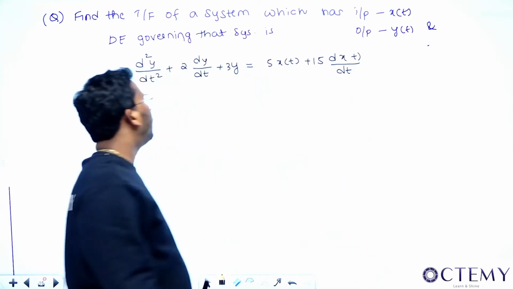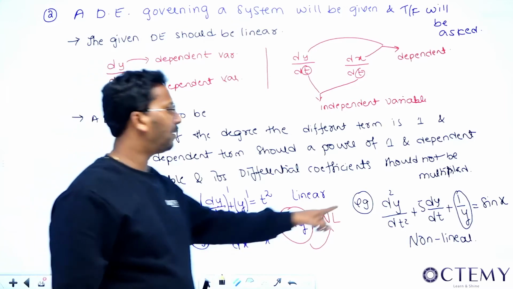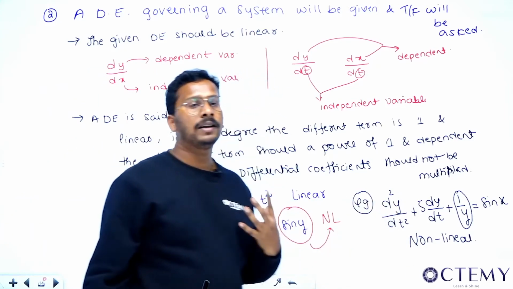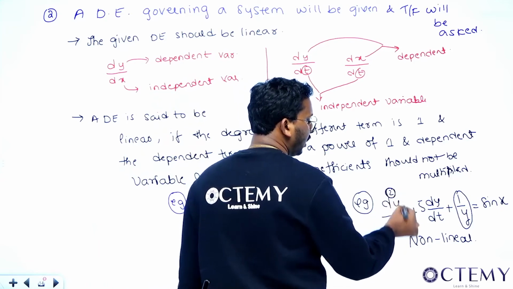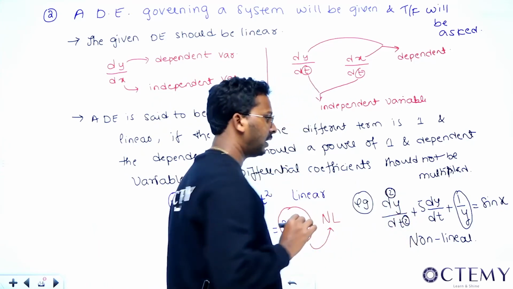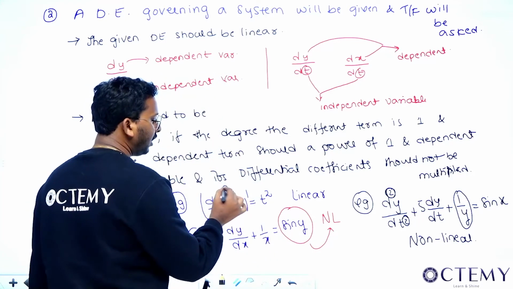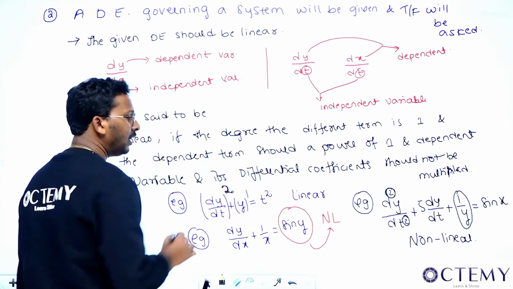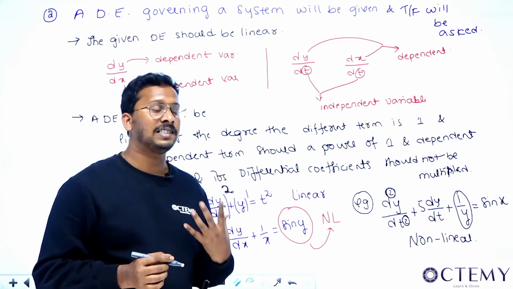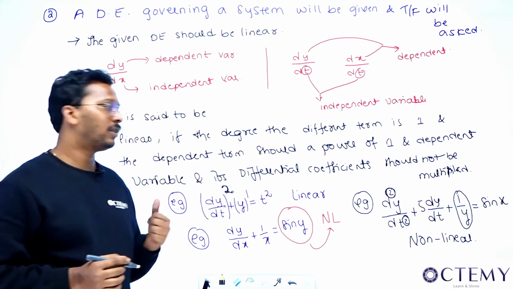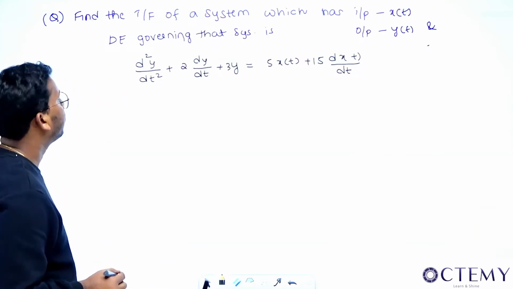Right? Here you might get a doubt, sir. Here you got d square by dt square. Is it not making it non-linear? No, sir. This is the order. It is not the degree. Degree means the power. If you get a 2 here, that will become the degree. You get a 2 here, that is 2 time differentiation. 1 time differentiation is linear, 2 time differentiation is linear, n time differentiation is also linear, right? So that is not the power, that's the order.